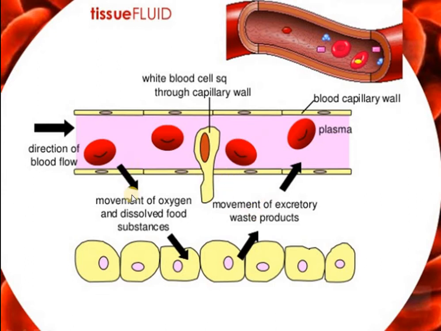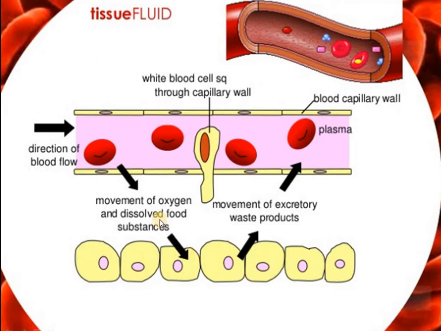So if you see the exchange of material, the exchange of oxygen or dissolved food substances or the excretory products, which include carbon dioxide and urea, it is not in the free form, it is always dissolved in the tissue fluid and then is exchanged. So we can say that the exchange of materials is taking place through tissue fluid or interstitial fluid. Oxygen would come out from the capillary, which is carrying oxygenated blood at the arteriolar end. This oxygen will be dissolved into the tissue fluid and then it will be taken into the cells of the tissue.